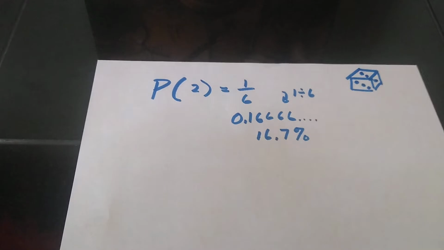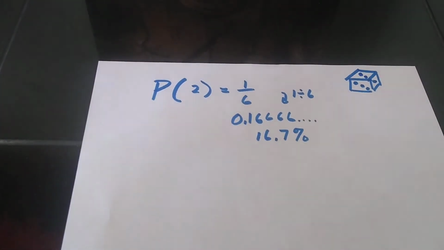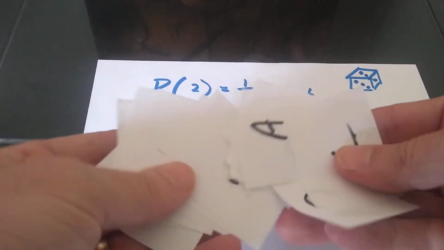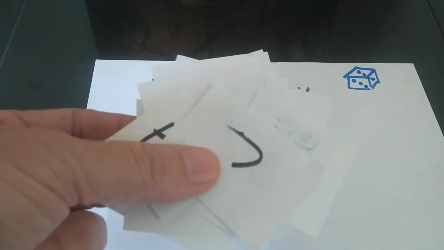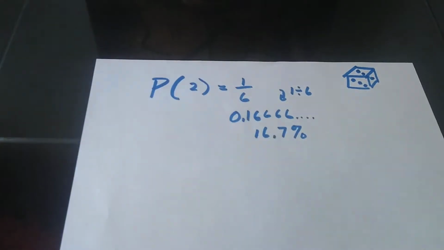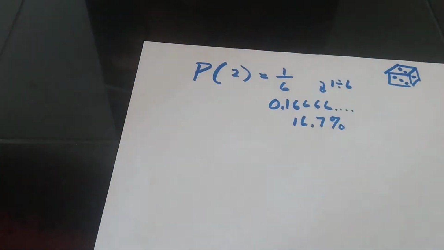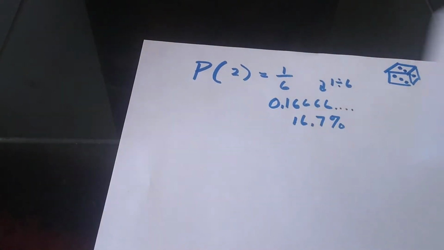I told people who showed up to class I wanted to show this really fun experiment that was in the book, which I'll point out again in a minute. But the idea is you get a whole bunch of pieces of paper, and maybe you write names on them, or just letters. I wrote letters A, B, C, and D on here a whole bunch of times. I've got like 20 of them, and I'm going to put them in a bag. And the idea is I've got my mystery bag. I can't see into it. It's got a question mark on it. I shake it up, and I pull one out,